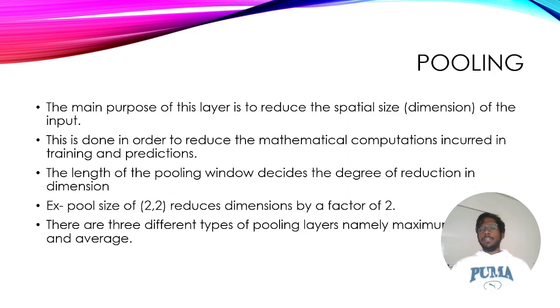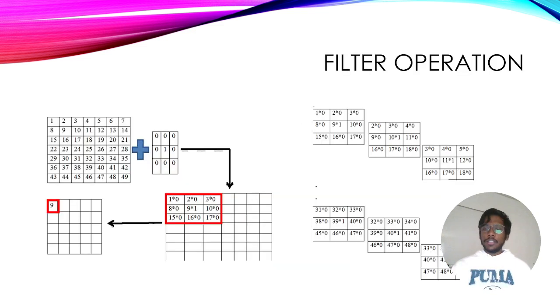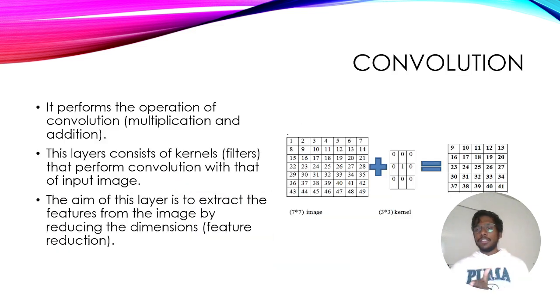So next we come to pooling. Pooling also does the same operation as convolution, but in a rapid manner. It's a kind of greedy technique which tries to reduce the dimensions faster. And you saw in convolution, when I apply a 3 cross 3 kernel to a 7 cross 7 image, we get a